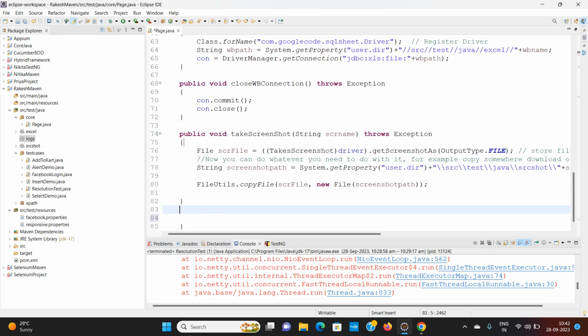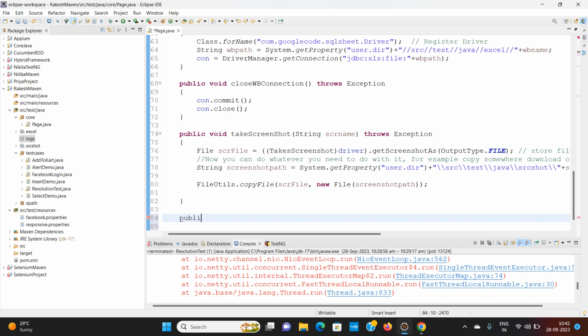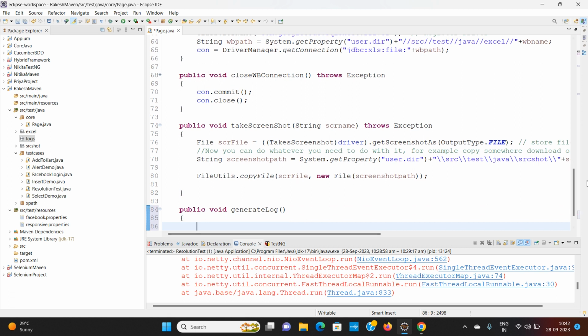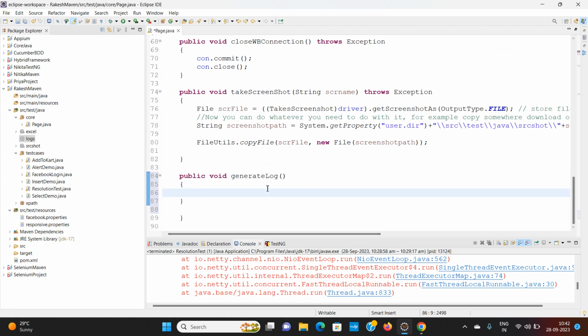I will create one more method, public void generateLog, like this. And generateLog again, same thing, name, log name. First of all, you have to give the name of the log, and second thing, you have to give